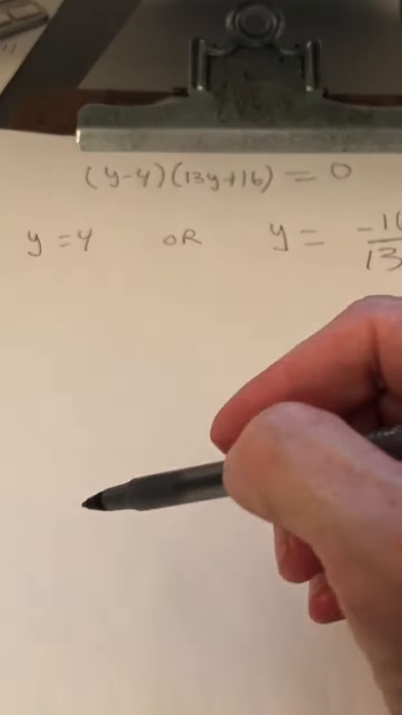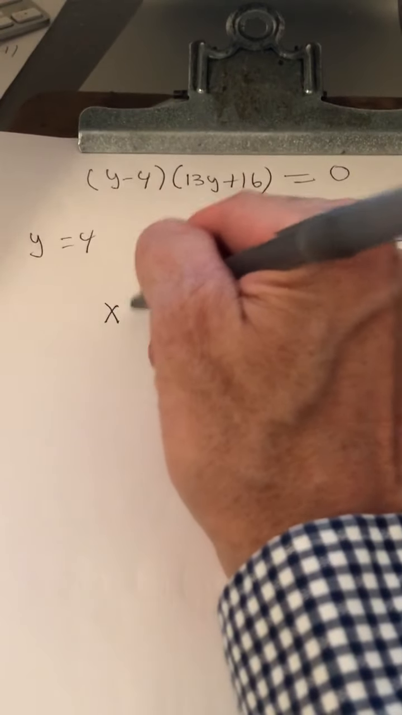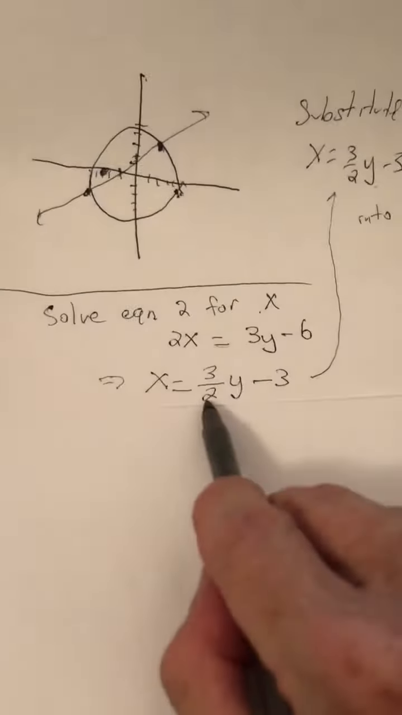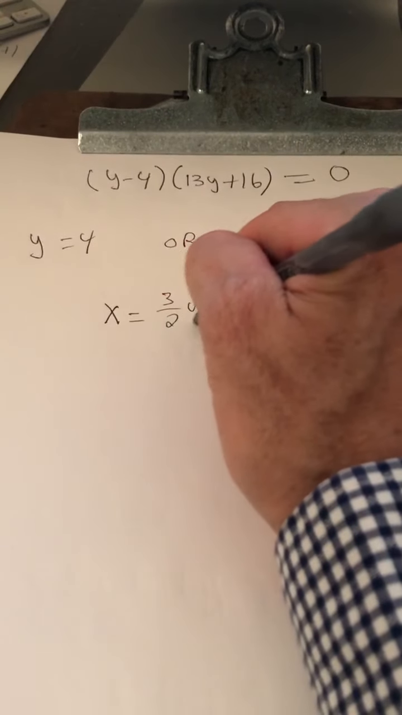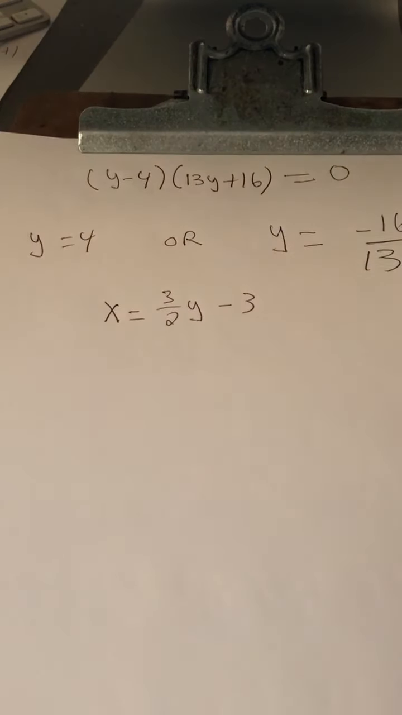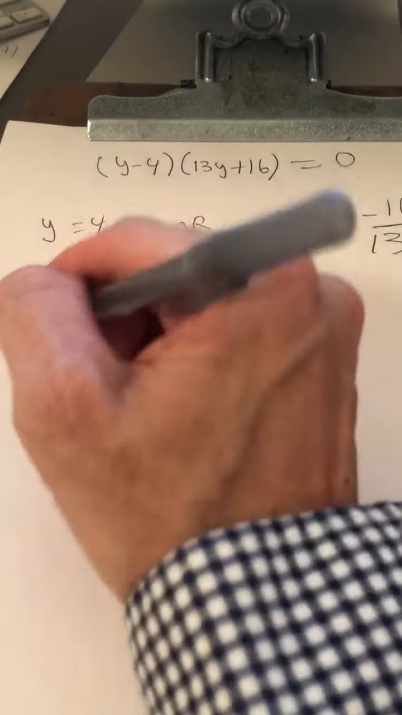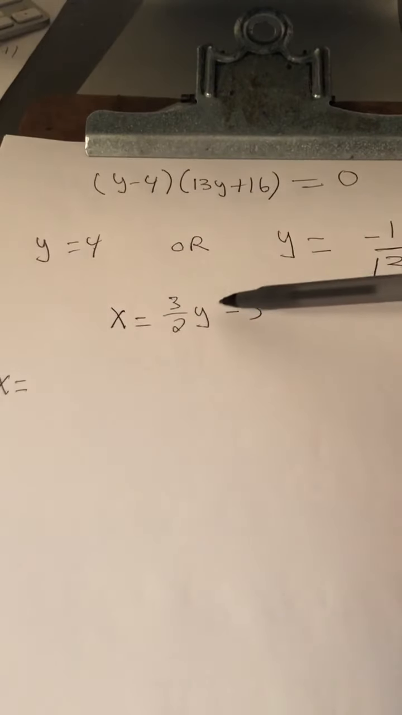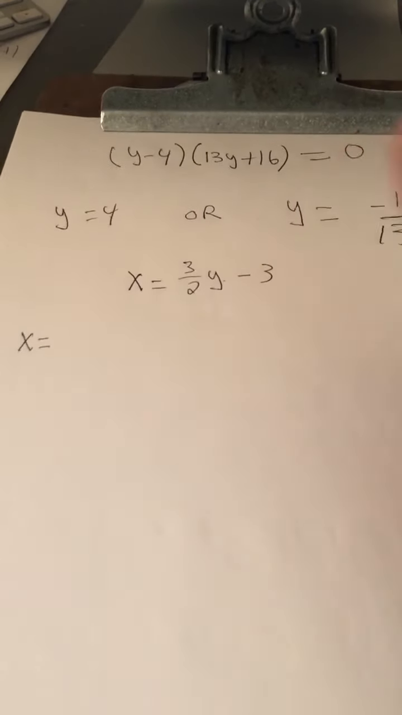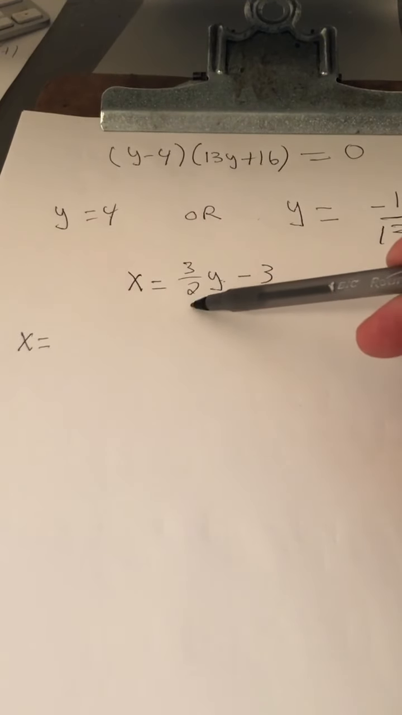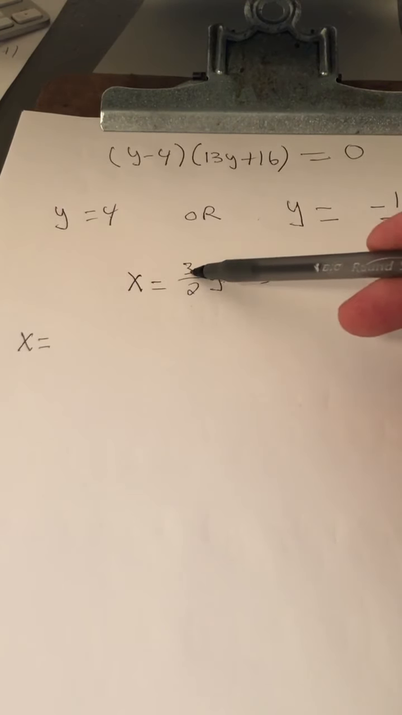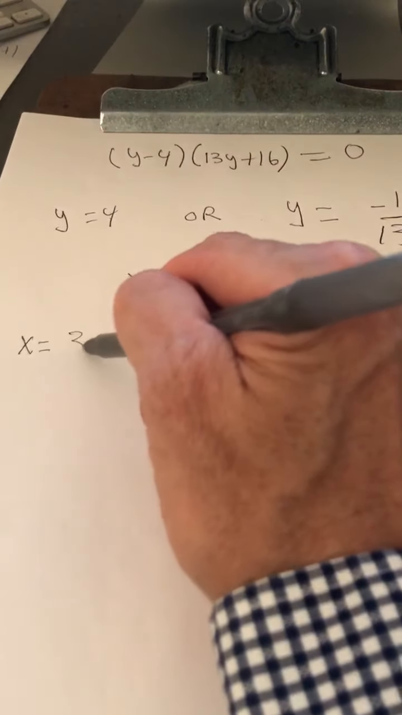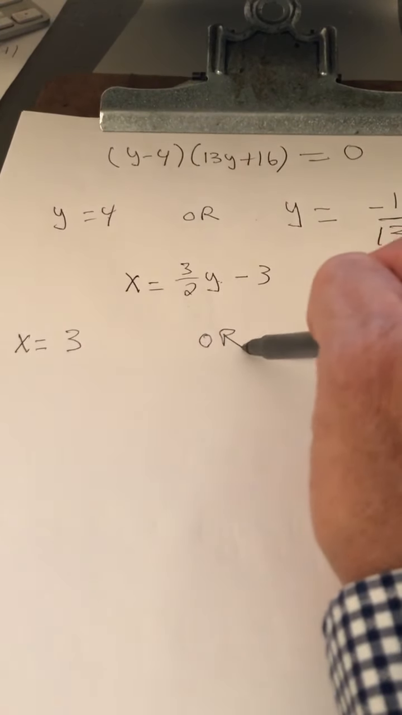So, remember what x is. We found x in terms of y earlier in the problem. x is 3 halves y minus 3. So, if y is equal to 4, well, let's see now, 4 over 2 is 2, 2 times 3 is 6, 6 minus 3 is 3,